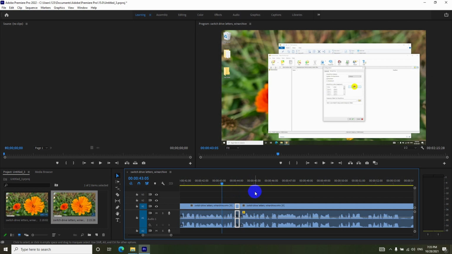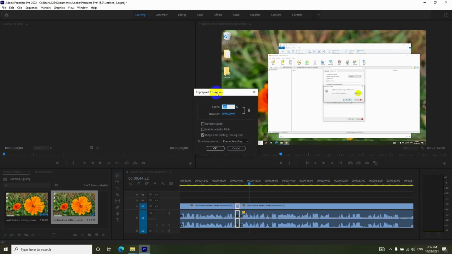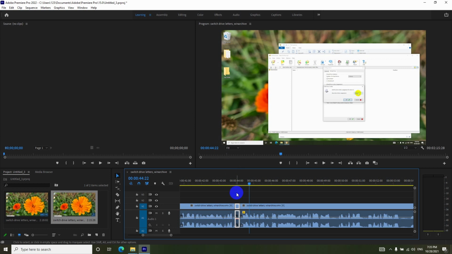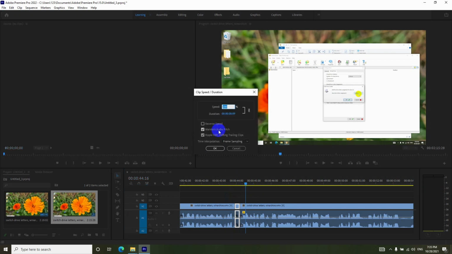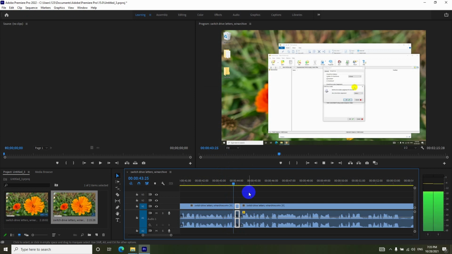and unwantedly ugly. So let's get rid of that by clicking on that clip which is sped up, Ctrl R to open the clip speed duration, and just check this one, maintain audio pitch, and now it's not that weird. And if you remove the audio pitch maintaining, then it's